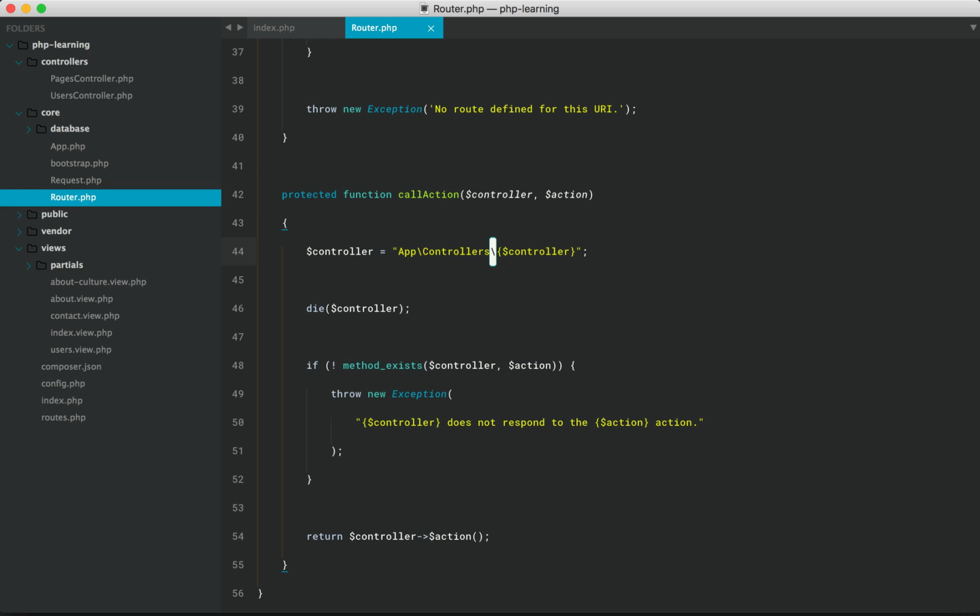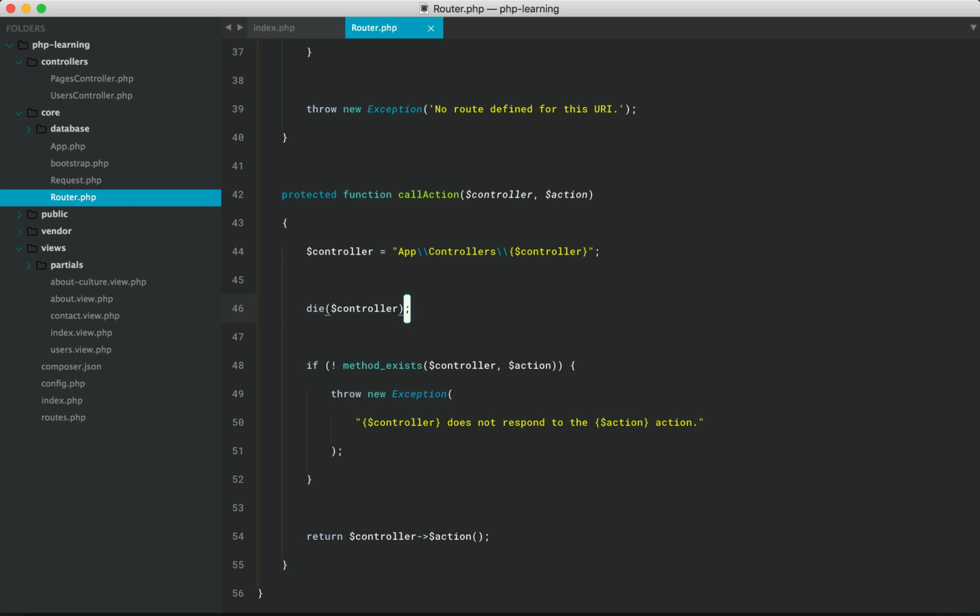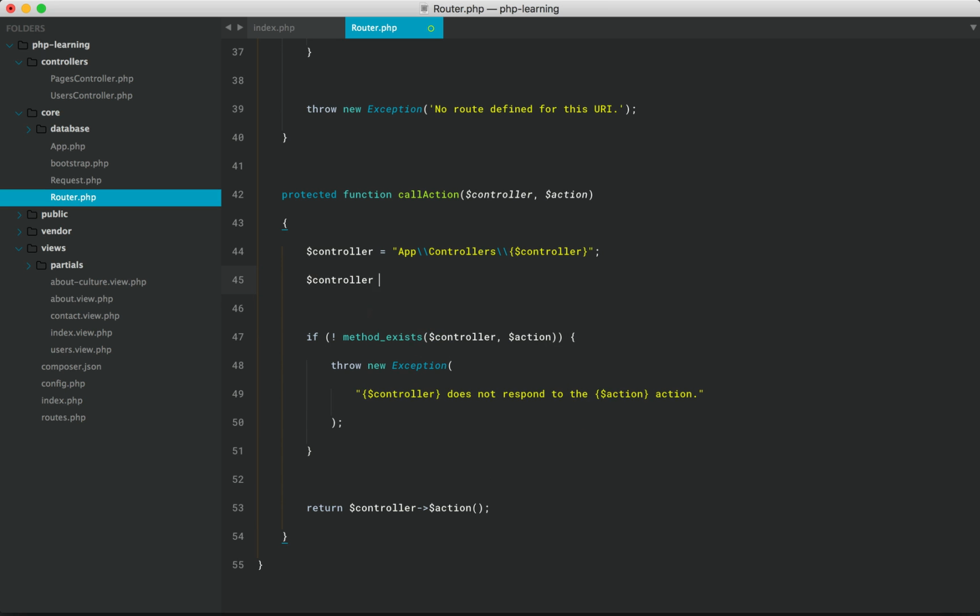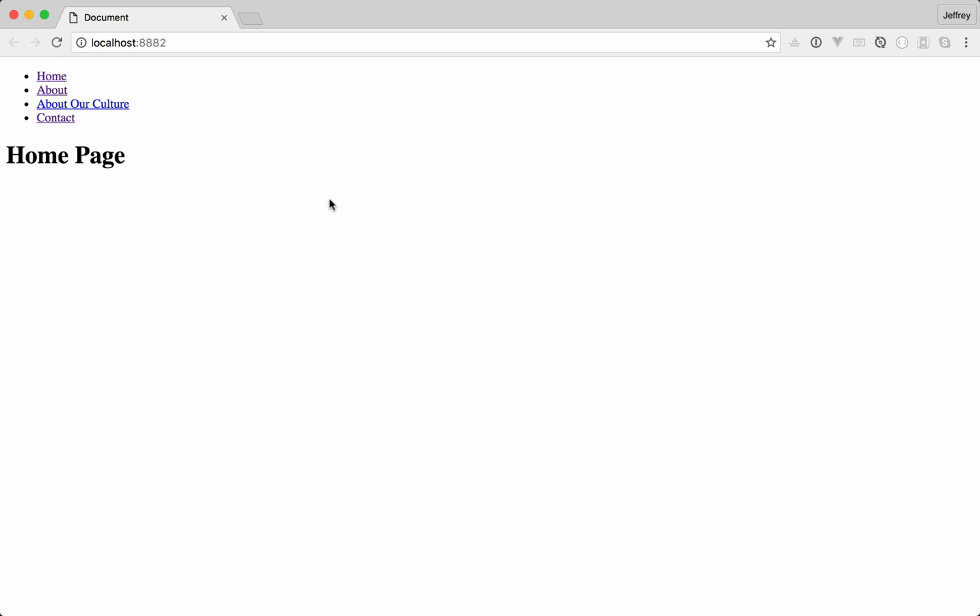We actually want a backslash, and then we want to echo out the variable. So in that case, you would use double slashes here. And for that reason, you'll often see people just default to doing double backslashes. Up to you. But anyways, if we give that a refresh, now we have our full class path, which we can new up. Anyways, now you can just override it and say, create a new controller. And that should now work.